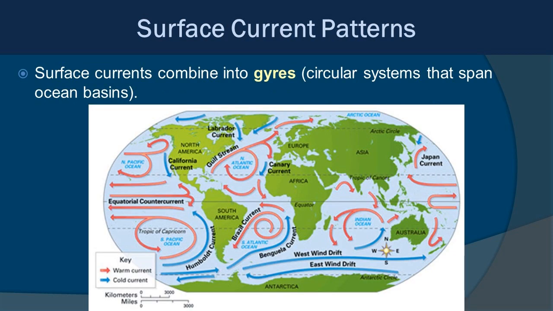So now let's look at the big picture. Surface currents combine into gyres, or circular systems that span an ocean basin. This circular movement is possible because of the angle at which the wind has been changed due to Coriolis, and of course the degree at which the water has changed direction from the wind direction as well due to Coriolis. Add on top of that the position of the continents, which obviously water cannot go through, and you start to